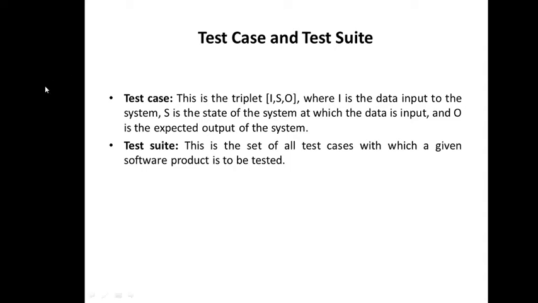Now, a few more concepts, that is a test case. Previously in the lectures we have also discussed the test case. A test case is not just input data, but a properly designed set of inputs which checks the complete behavior of the system at one go. So it's not a single input. It consists of a triplet: I is the input, S is the state of the system, and O is the expected output. So a test case is simply a set of inputs to check the complete behavior of the system. We'll work on this further in the next lecture.